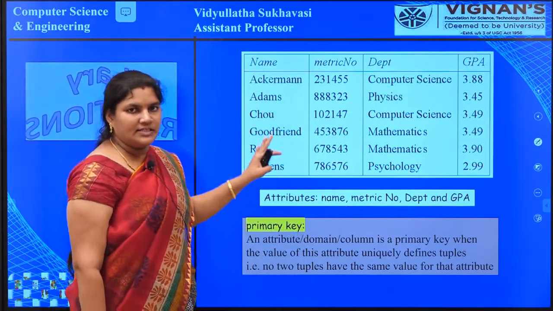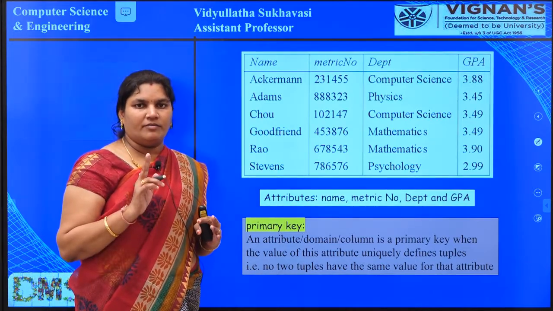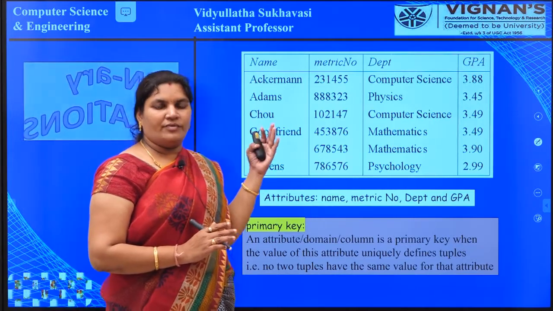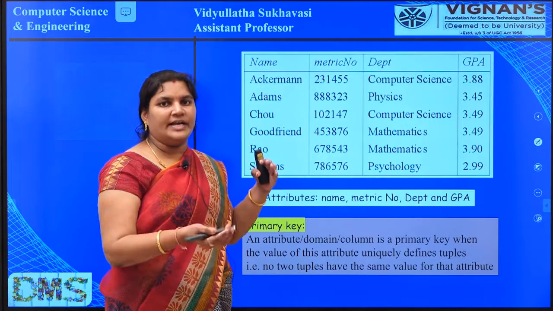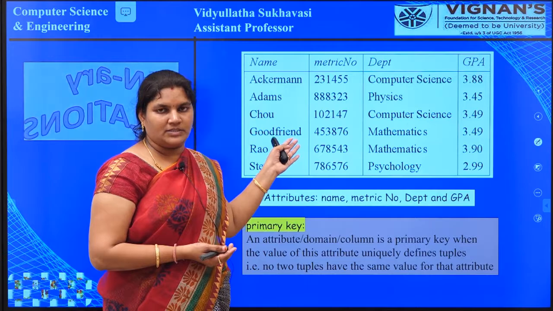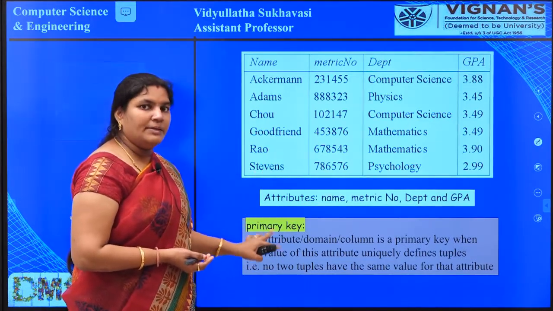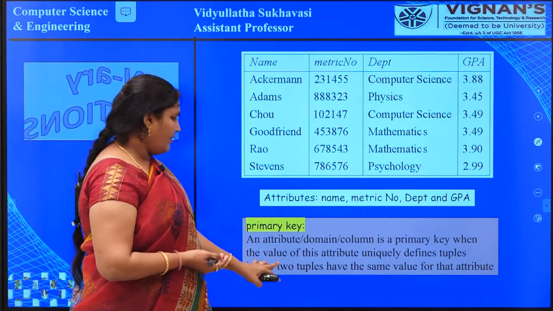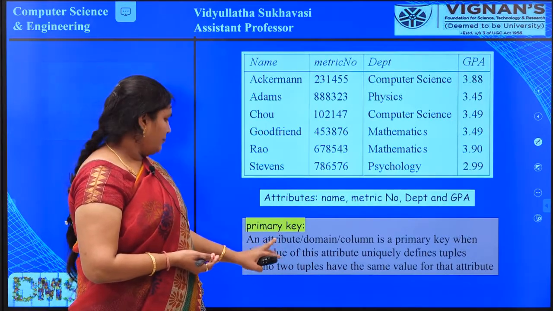For this table, after creating a database, there are two primary elements. Creating a database we are not showing here, but after creating it, what are the main things we check in a database or table? The first one is the primary key. A primary key means the column that uniquely defines the values.